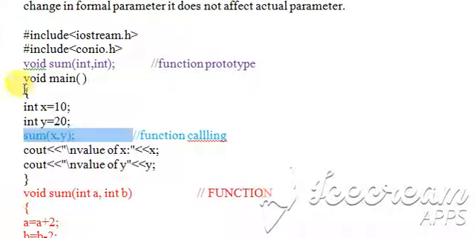So now this is function prototype. Three basic part: function prototype, function calling, and function. What the prototype tells us? We are writing the prototype from here. See this one: void sum, int, int. No need to write a and b. So what the function prototype tells us? Return type, function name, number of parameters, 2 parameters, and type of parameter int. These 4 information is given by prototype to compiler.